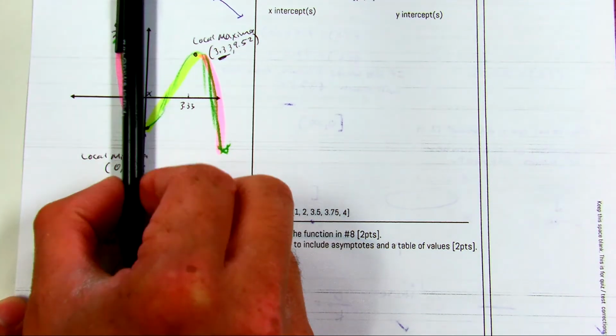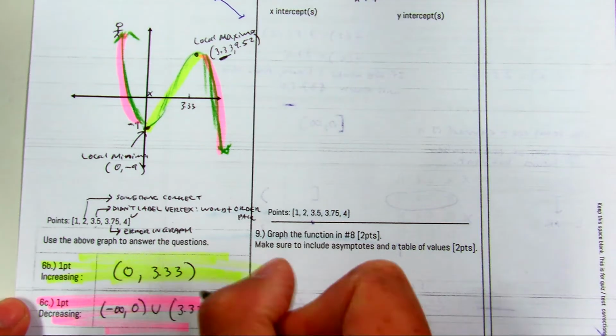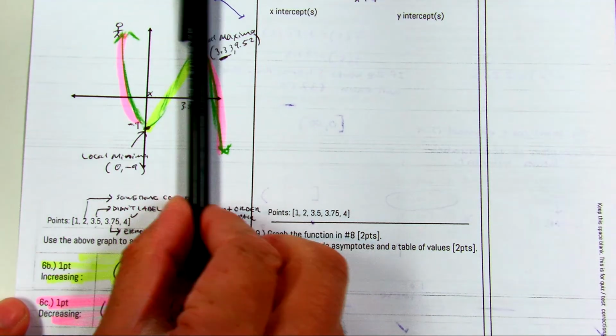And then from 3.33, that's in union, to, now pay attention, the last thing you touch is an arrow, and